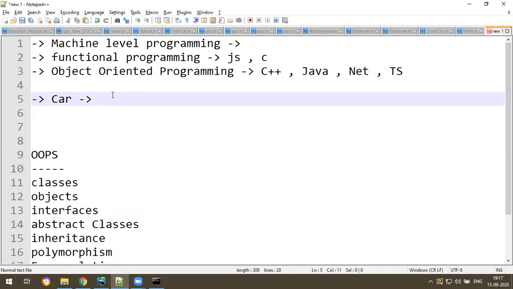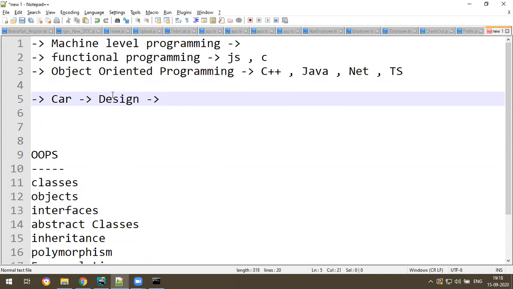If you want to release a new car to the market, that's generally how a car gets manufactured. How is a car manufactured? First, they will make a paper design, a dummy design of it. So what should be there for the car? How many tires and everything, the complete description kind of.